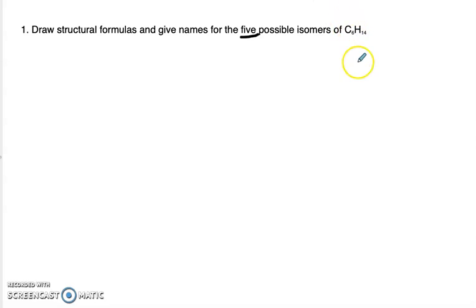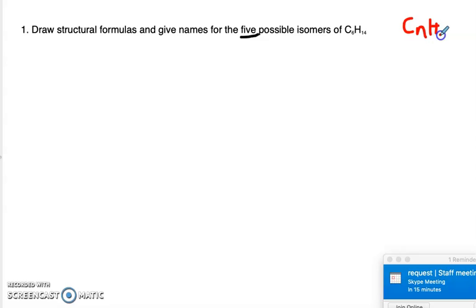But generally how I would go about doing this is I would look over here at my formula, and you're going to find that we have, remember we talked about that CnH. So in this case, n is 6. So we look at 14, that falls under that alkane formula because we have 2n